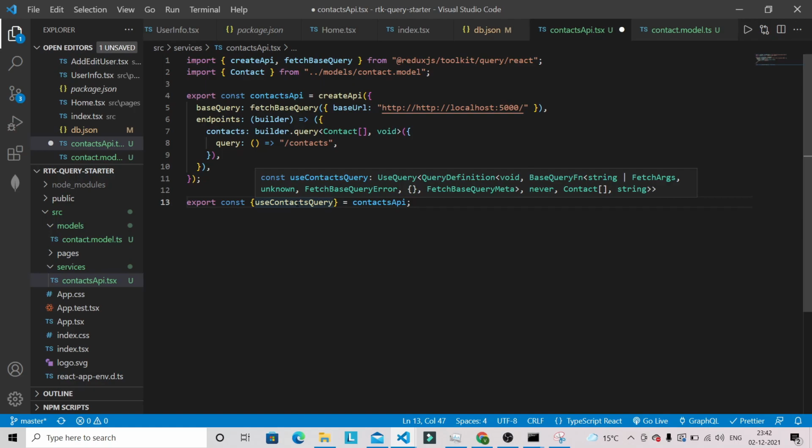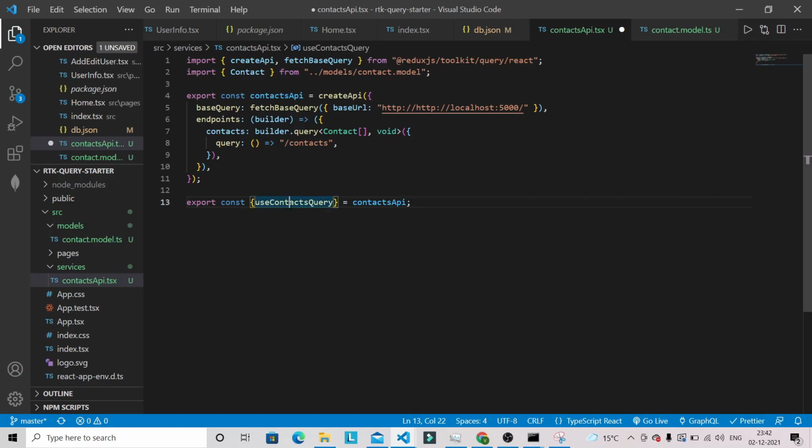And you might be wondering how we got this hook, okay. So if you name it this way, fetchContact, so this will become fetchContacts, okay. So you can see that we don't have any error here. So whatever name you are giving, it will become like this way. So let's rewrite this one. So we have got this useContactsQuery. So guys, we can use this hook in our component to fetch the data from our JSON server.